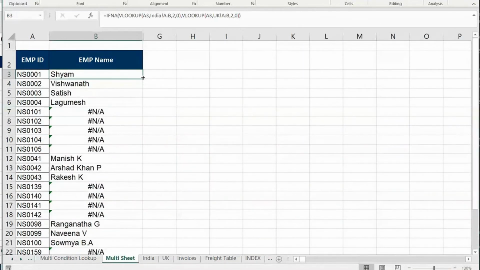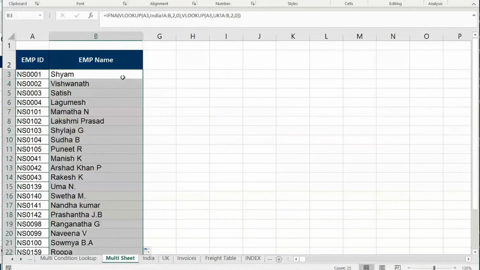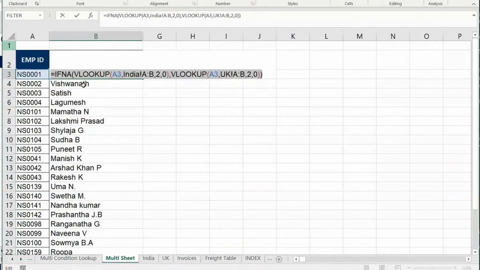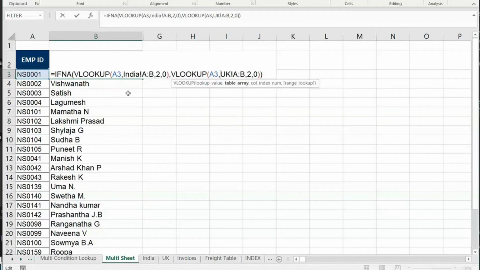Look at the beauty application of it, right? Irrespective of what your sheet is, I'm able to bring my data. Did you find this useful here? Some of you, I can assure you, must have faced this kind of requirement where you have to pull information from multiple tables if something is not there in the other one. Remember to write only VLOOKUP first, then do IFNA to bring the other sheet also.